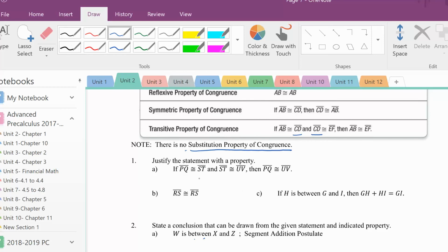So for example, PQ is congruent to ST, and ST is congruent to UV. So notice they're both congruent to ST. So then PQ is congruent to UV. This is the transitive property of congruence. The segment is congruent to itself. That is the reflexive property